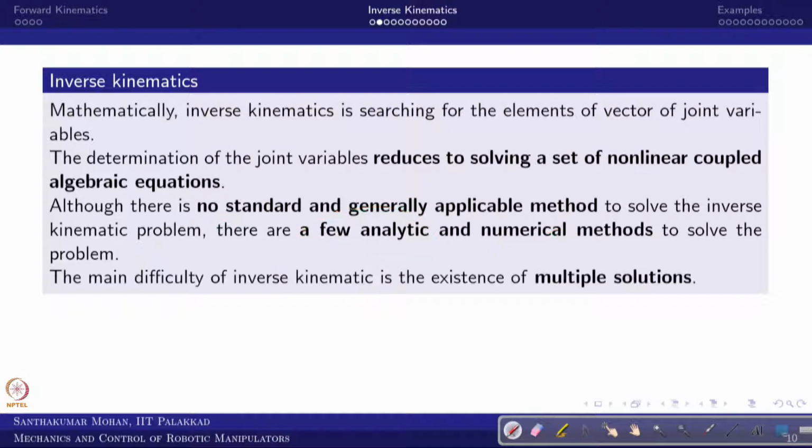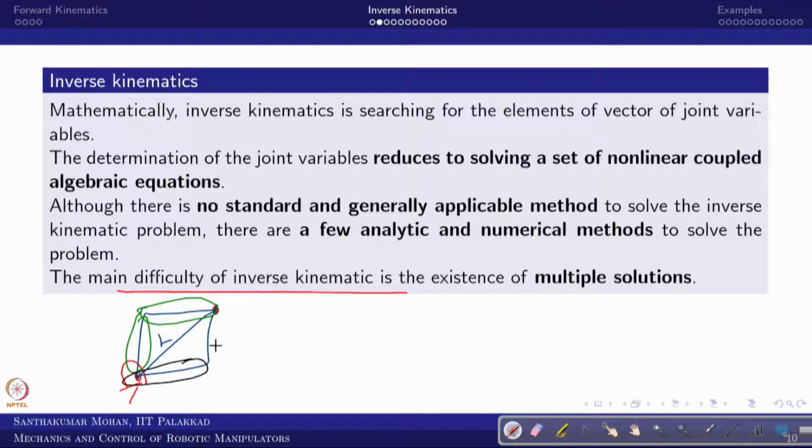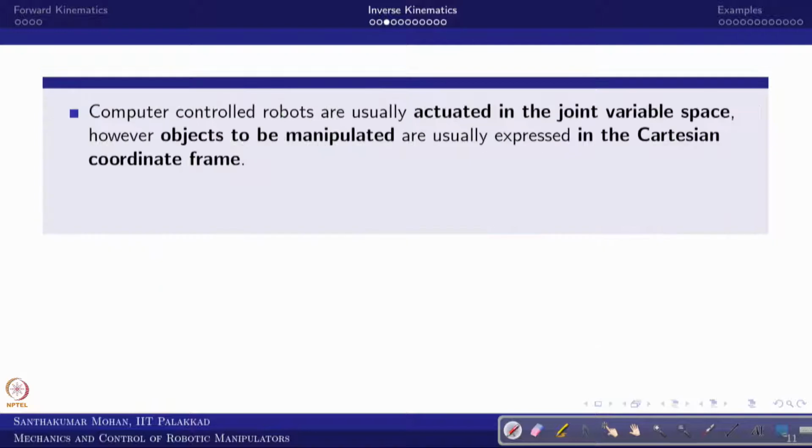Okay. So that is what we are seeing, but the difficulty here is, for example, this is a 2R serial manipulator. This can be configured like this or like this. So in the sense that even if you take this position L, it can be configured in this form, or in the other form, right. What you can see is there is a possibility of multiple solutions. If there are multiple solutions, it is always problematic. So that is not unique, and there are several ways of solving it. That is what we are trying to address here.